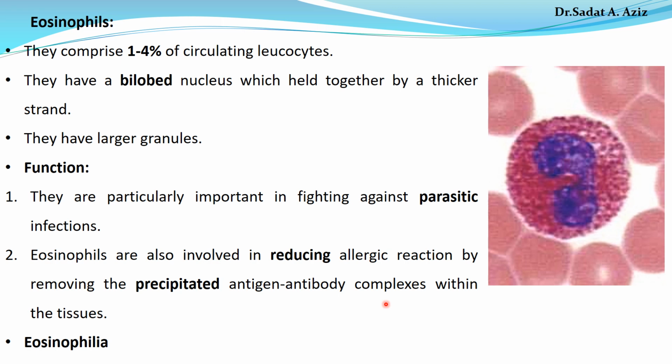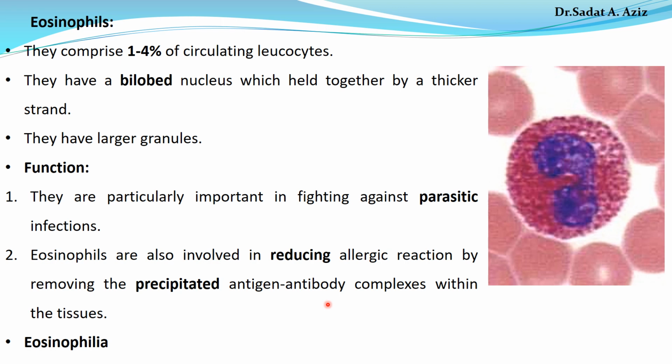This might lead to what? To the defect in the tissue or in the structure of those organs where the antigen antibody complex is deposited. So not normally, is deposited, okay? As a result of higher reactions between the antigens and the antibodies. So eosinophil is one of the cells, they have a limited capacity to remove this complex, okay, from the tissues.